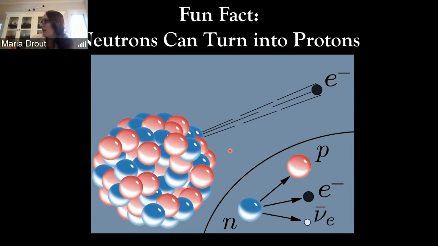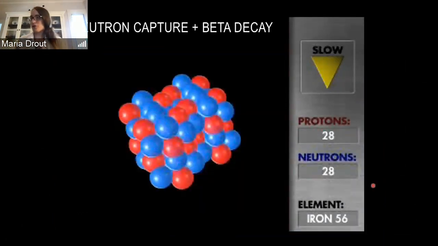And when that beta decay happens, down here it's shown in the lower portion, that neutron will turn into a proton, emitting an electron and a neutrino in the process. But that fact that the neutron turns into a proton is critical, because that's basically a way where you can change what element you are and actually move one element up the periodic table if you turn a neutron into a proton. So here is an animation, unfortunately low resolution, of what this might look like.